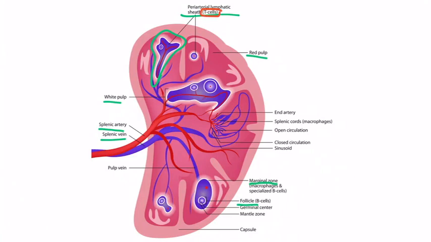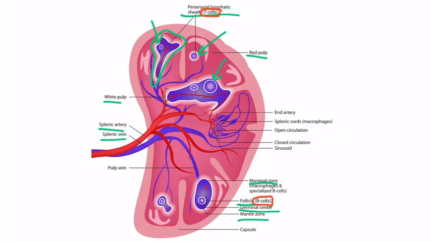or PALS. Within the PALS, we can see follicles, which are similar to the follicles we saw in the lymph node. So there's a follicle right here, right here, etc. And this region has a high concentration of B cells. So notice that we've shown B cells in parentheses right here next to the follicle. The central region of the follicle is called a germinal center, and the outer region is known as the mantle